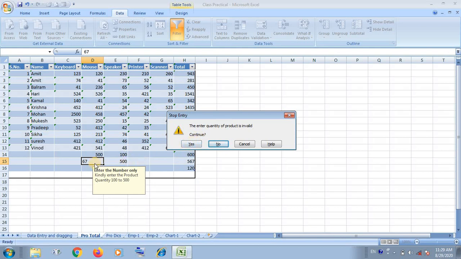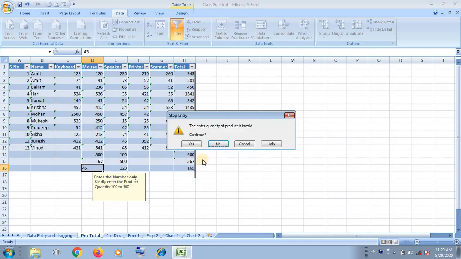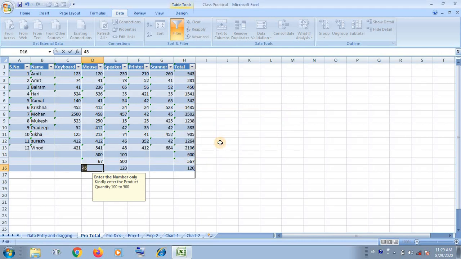It means if you want to accept the wrong entry, you have to click yes, and if you want to stop the entry, then you have to click no. Again I entered a wrong entry and the entry was stopped. It is displaying the message that you have to enter 100 to 500.